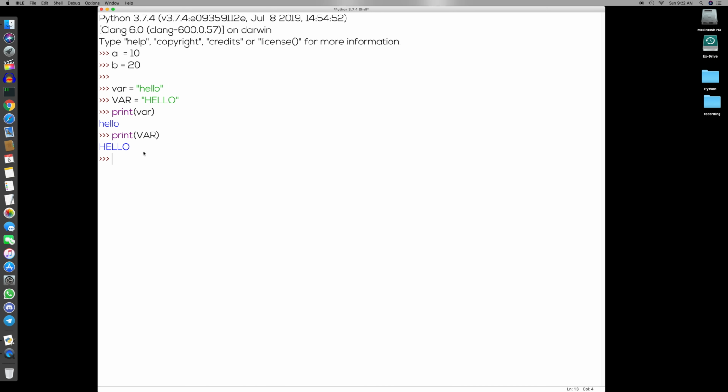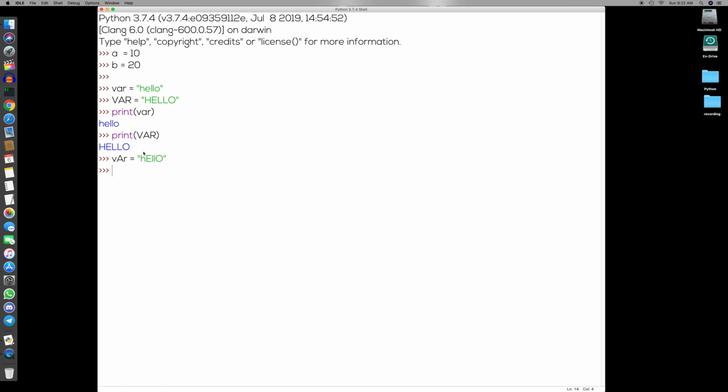I will use the same variable name with a combination of small letters and capital letters, and this time I will provide hello in some new format. See, Python is not giving any error, so this combination is also allowed. We can define any variable name, class name, or function name in this manner.